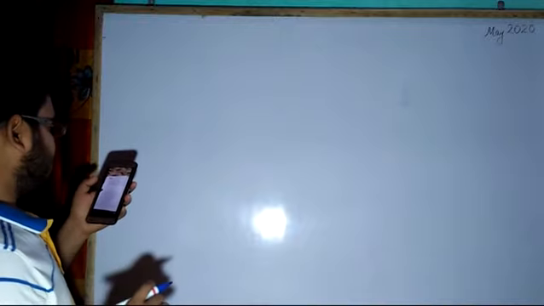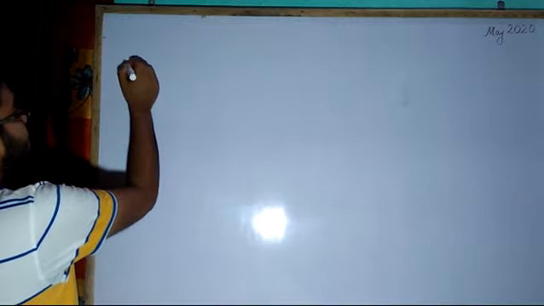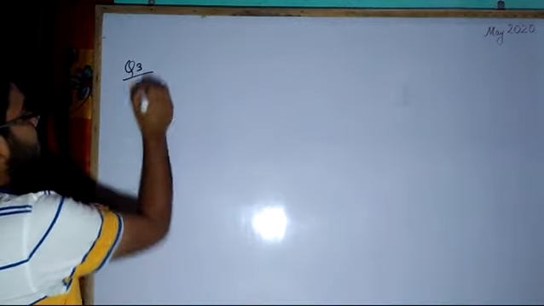Good evening, dear students. I will be discussing ratio and proportion, some of the problems that are given in our book. The very first question is to express each of the following in simplest form. Question number 2 is also simplest form. Let's begin with question number 3.